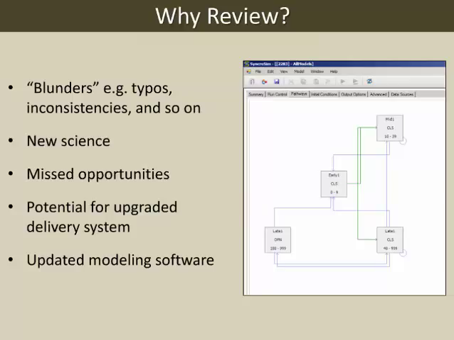We missed some opportunities to connect with some of you, with people who have a lot to contribute, so we want to make sure we do that. We're going to try to develop a better delivery system going forward, and we also have updated modeling software now called STSIM. So anyways, a lot of reasons to do this review, and we're excited because we've been living with these models and descriptions that we're proud of, but we also know can be better for 8 years. So we're excited to make them better and deliver them better to you guys for use. So we're kind of pleading with you to help us with that.